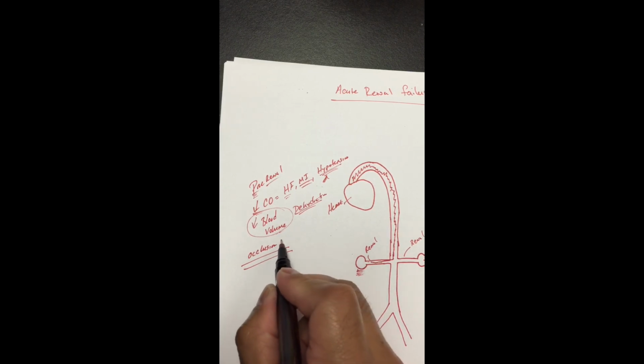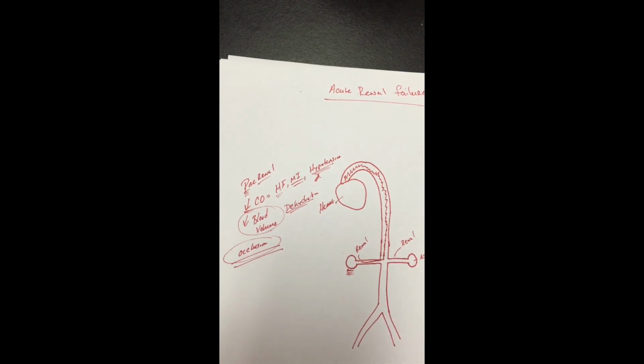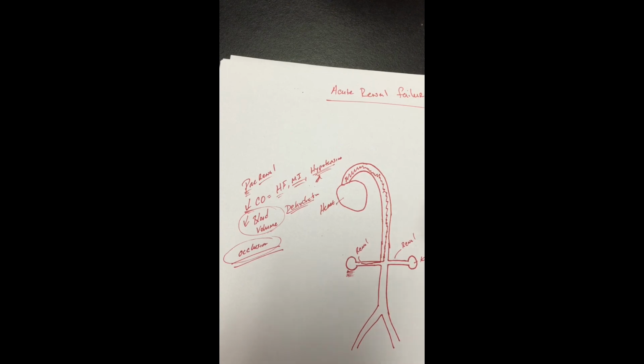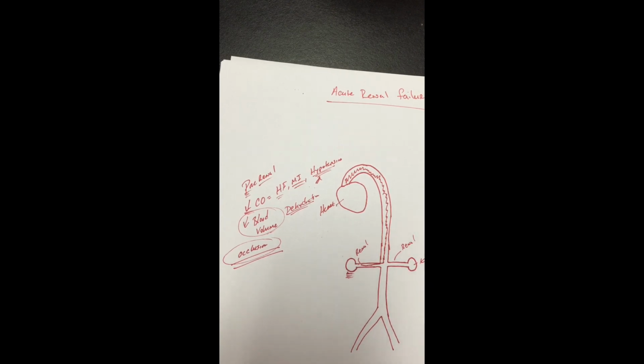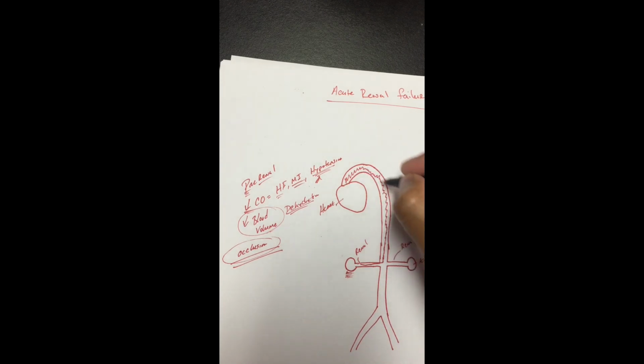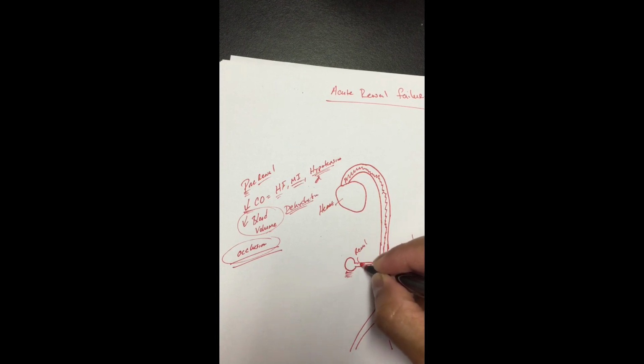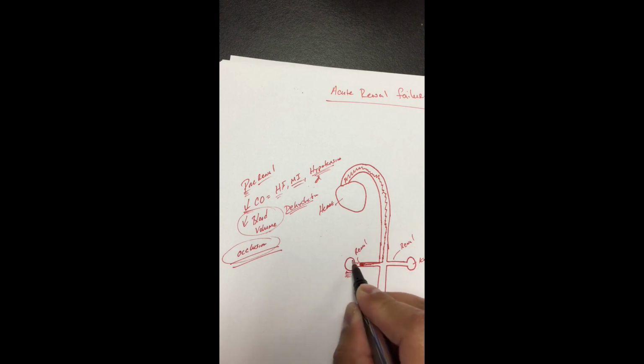Now, another reason may be something like an occlusion. Let's say that this patient had problems, for example, like AFib. Now, we know that, for example, in AFib, there is the likelihood of clot formation. Well, what would happen if one of those clots traveled down and occluded the renal artery? Well, then again, no blood supply can go to the kidney, and as a result, renal failure or acute kidney